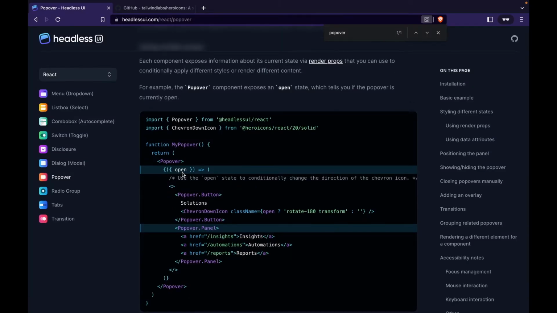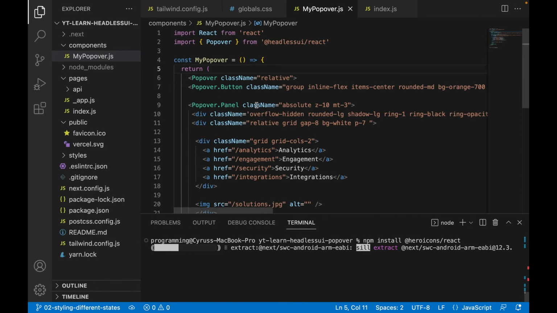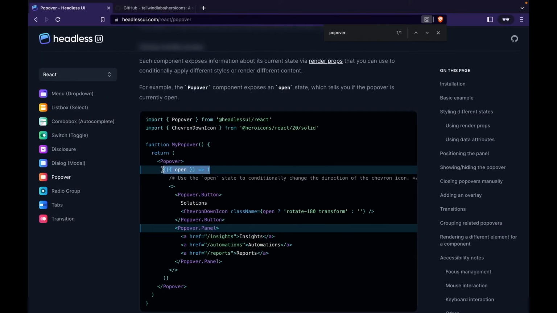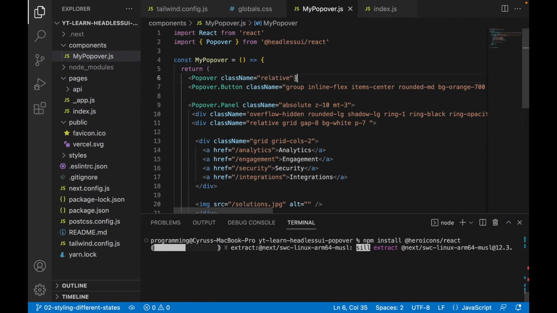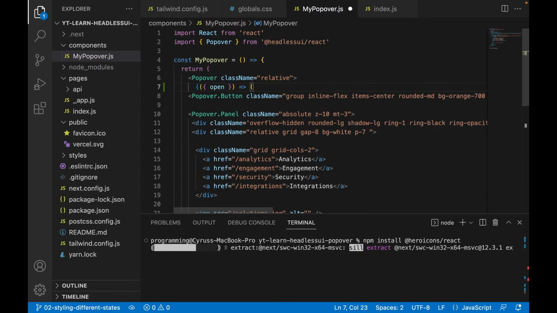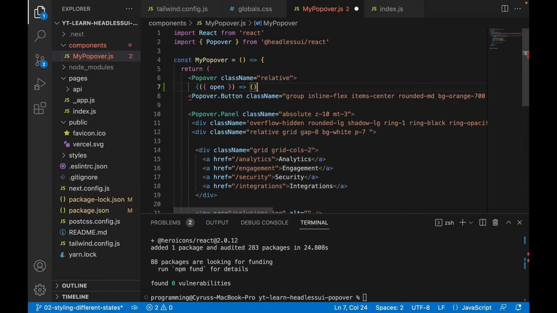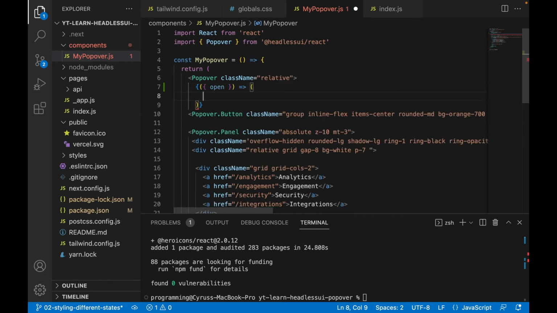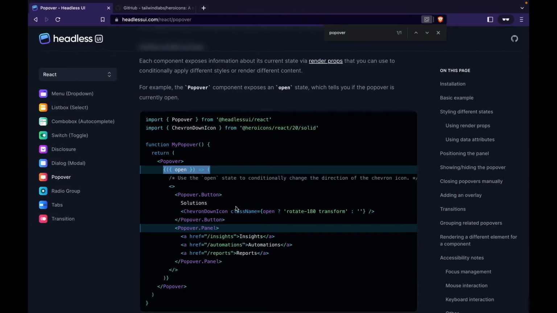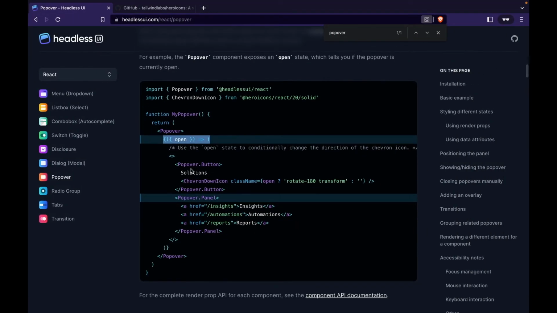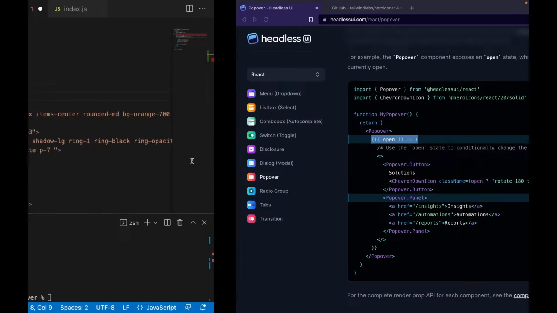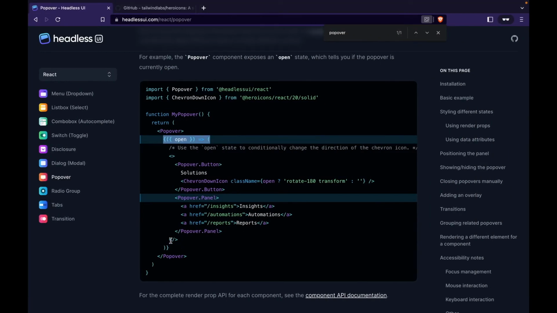And then we go to here, and then under the Popover, we add something like this, and then we also add the fragment,